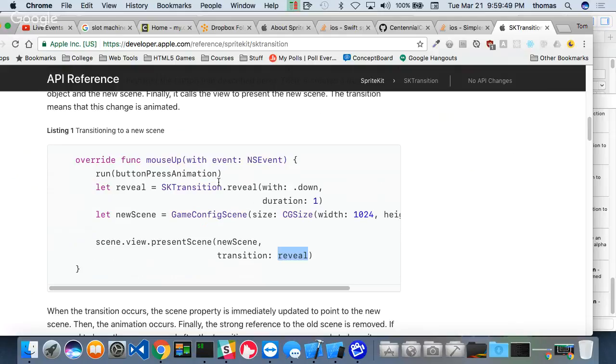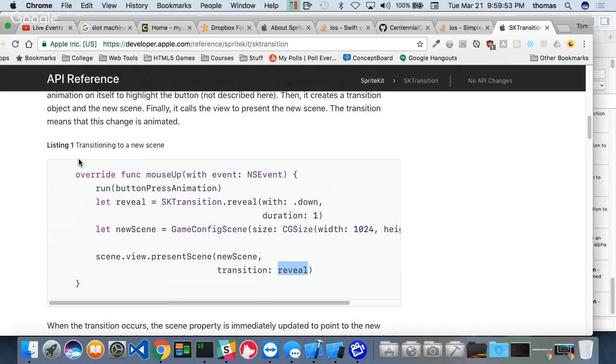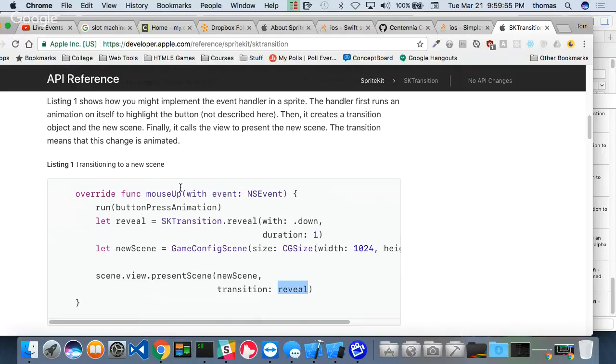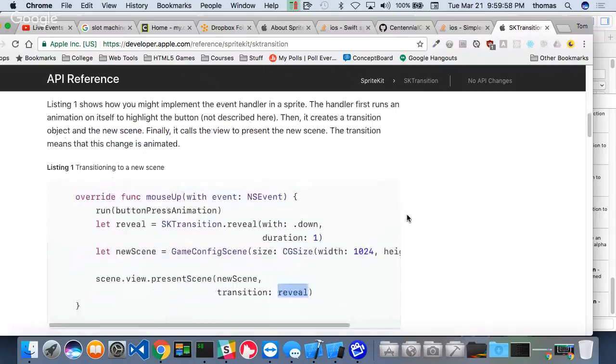Okay, and we don't have to have a transition at all. If you don't want to, like a special type of transition, there's many options, and this just says this is one of them that you can do. Again, this is right in the Apple